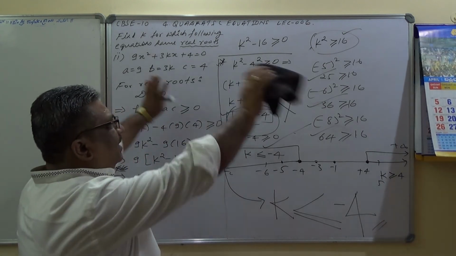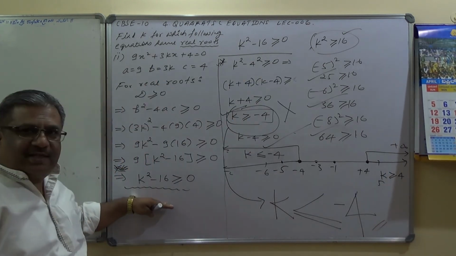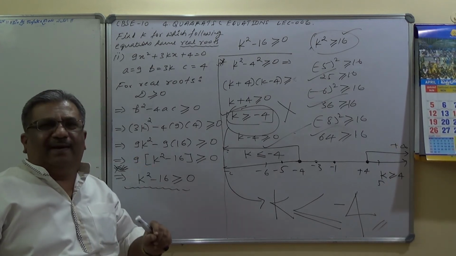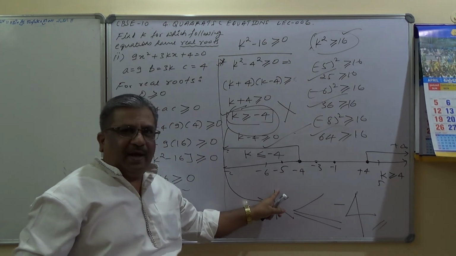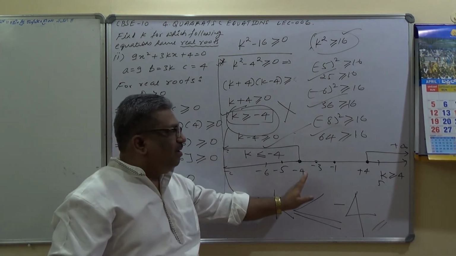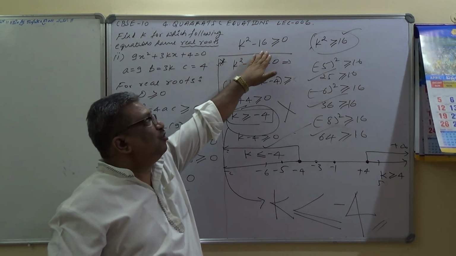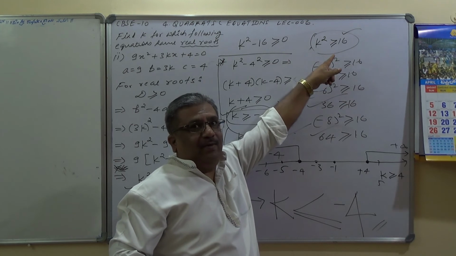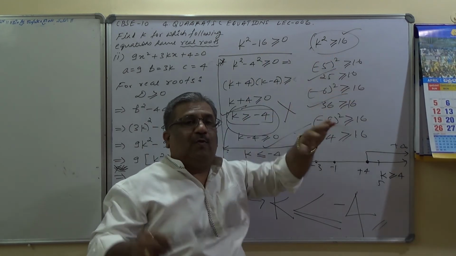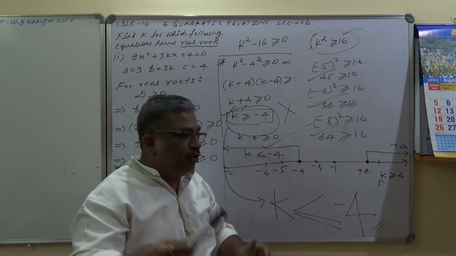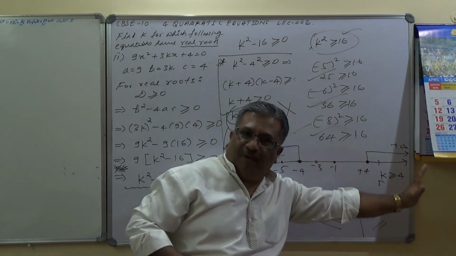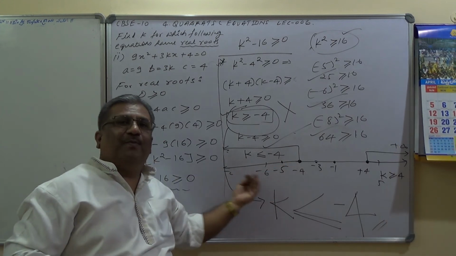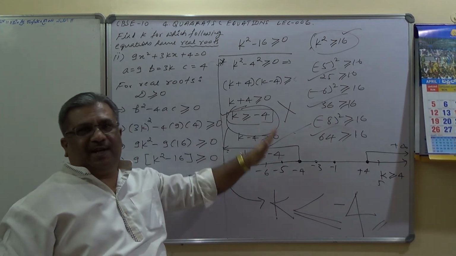So here I erase everything and start from this step. And what is the correct way? With a small formula I will indicate. Just a moment before I do that. K squared minus 16 should be greater than or equal to 0, which implies k squared should be greater than or equal to 16 by transposing. So what are the values of k here? K should be greater than or equal to 4 satisfies this equation. K should be less than or equal to minus 4, this one satisfies the equation.